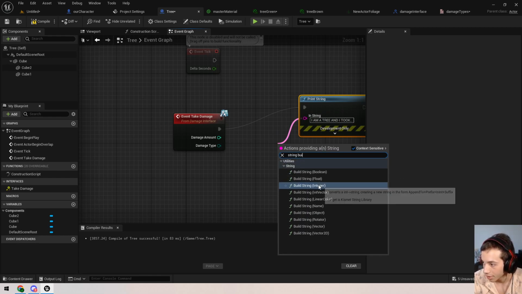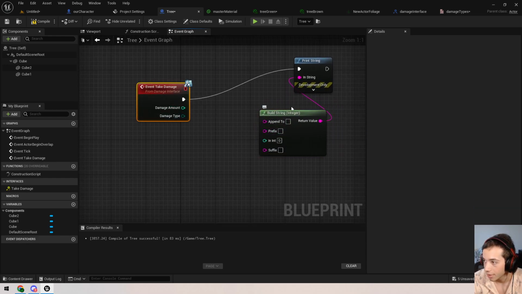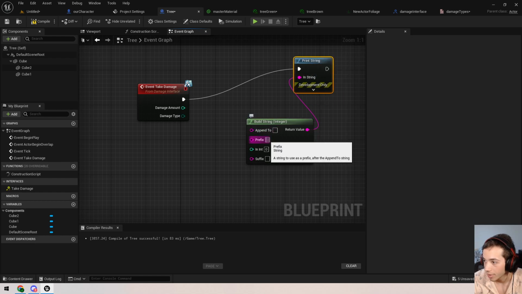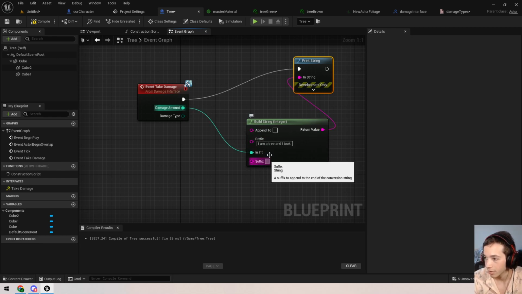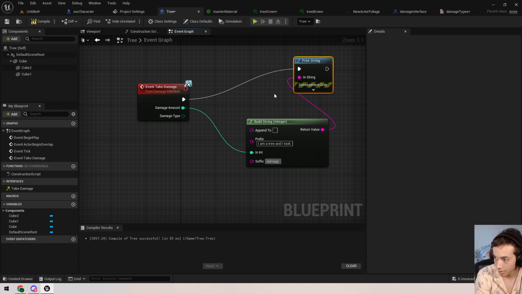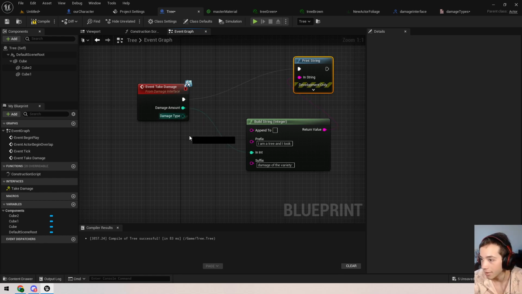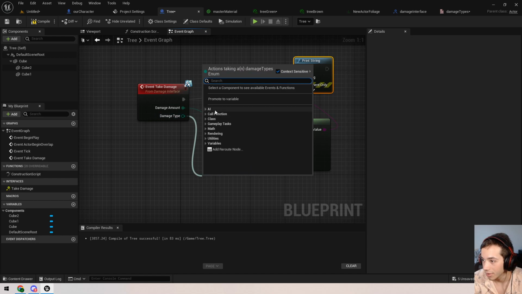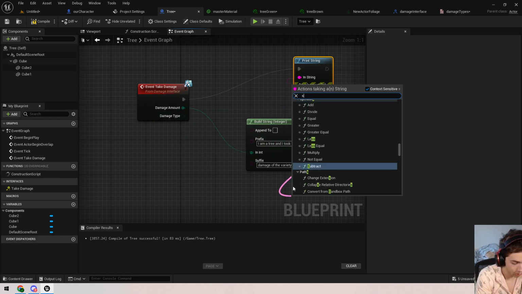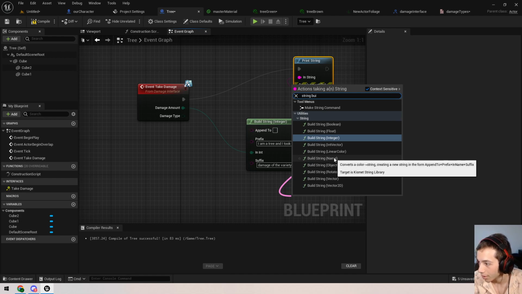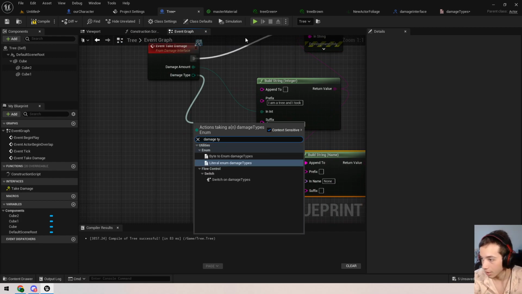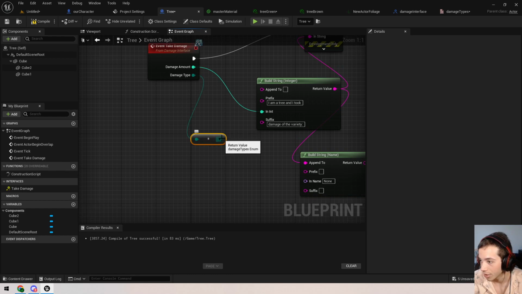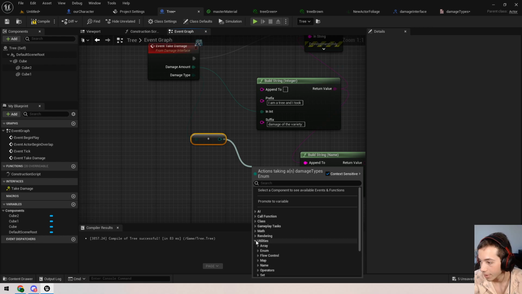Build string with an integer, and so the prefix is going to be I am a tree and I took damage amount damage of the variety, and the damage type will be string, build string, the variety damage type literal enum, okay, byte to enum damage types, utilities enum,